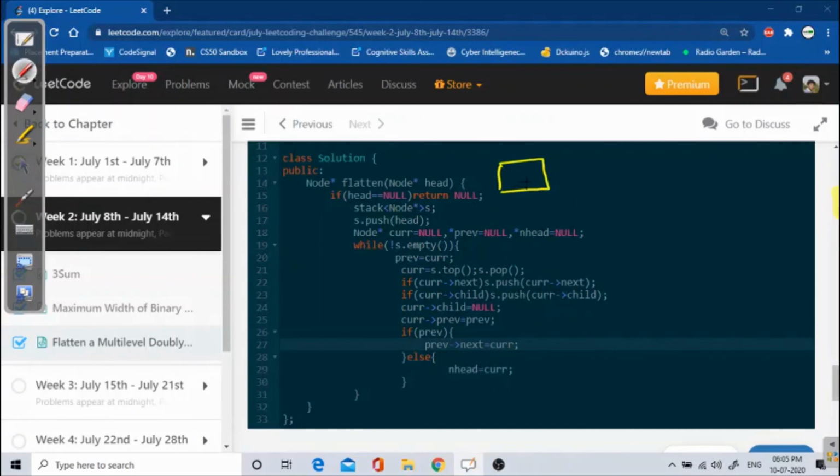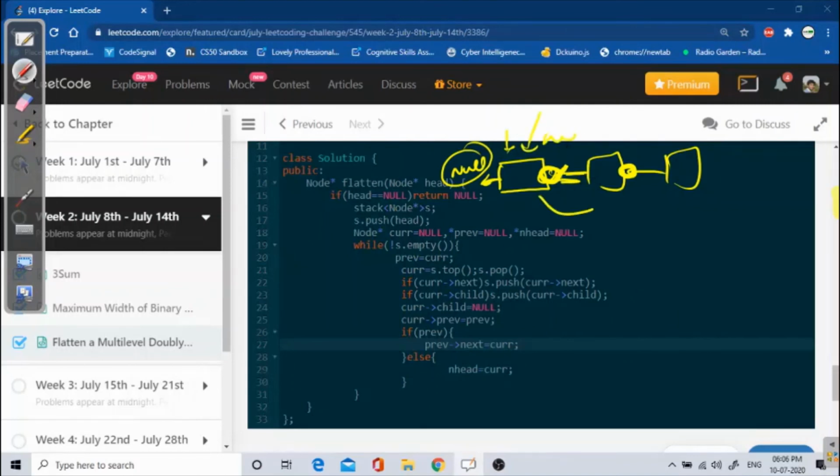What I mean to say is that, see, this is my starting node. If this is my starting node, it will point to null. If it is here or in between, then the previous element will be pointing to some valid node. Only the starting node will not point to one. So if it is the starting node, I will make it the new head.